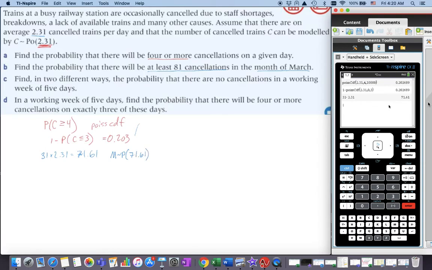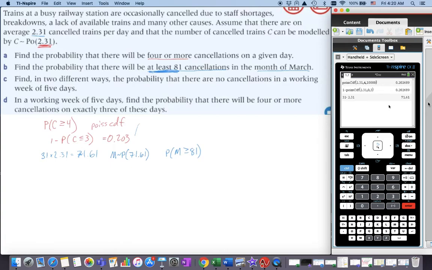And again, we're looking for at least 81, so that's 81 or more. Think of it like this: if I've got at least $10 in my pocket, then I have maybe 10, but I could have possibly more. So we need at least 81. So we're looking for the probability that M is greater than or equal to 81.